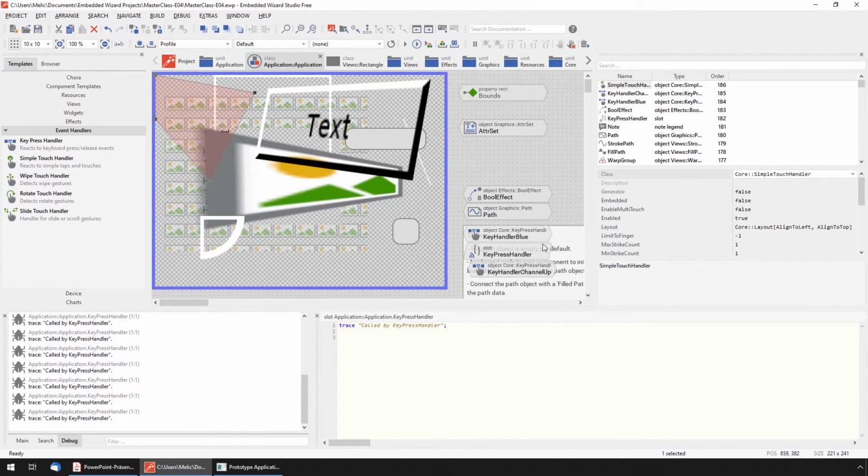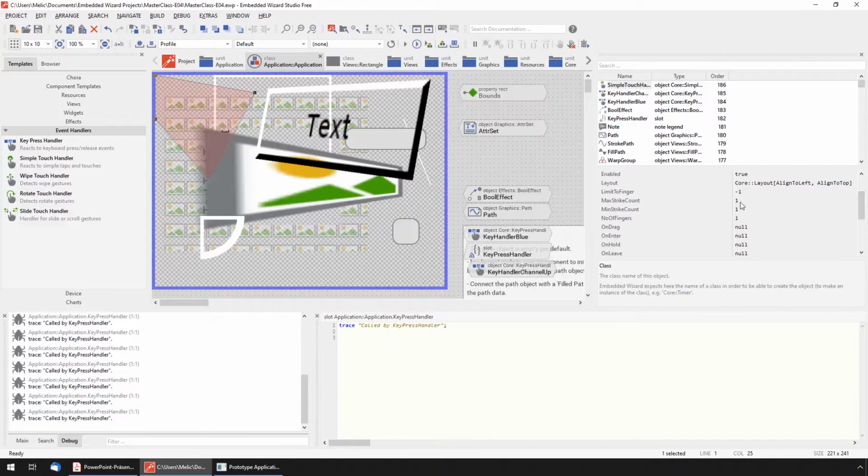And in the same manner as a key press handler, you just select that and say which slot method should be signaled depending on different kinds of events: dragged, hold, leave, pressed, released, entered, etc. And with that you can very easily define which action should be processed depending on your input. Some other things, more for the configuration aspects, are, for example, the max strike count property or the minimum strike count property,